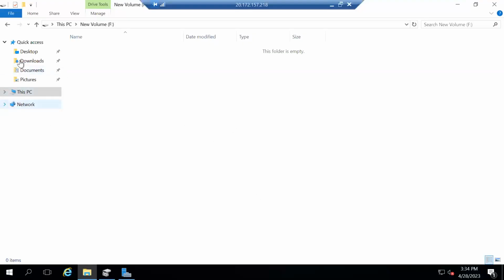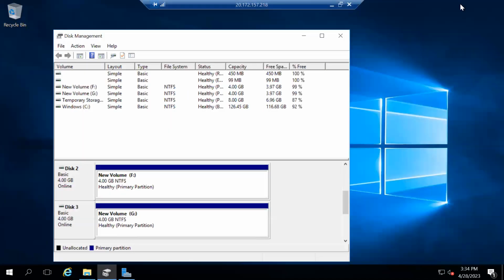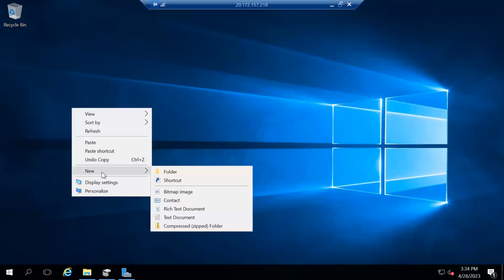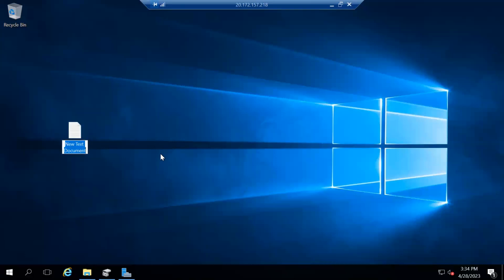So for testing purposes, on the desktop we'll create some files, because whatever we store on the desktop will be stored in the C drive only, right? So we create some files. The same way we can test whether it's getting restored or not. Some 4 files I created, and now